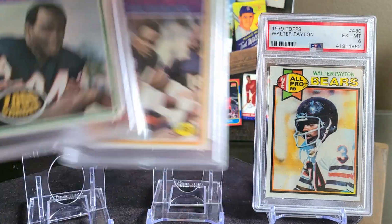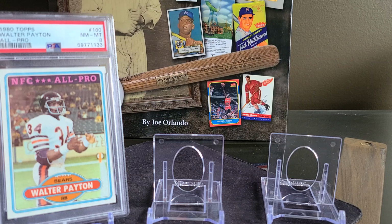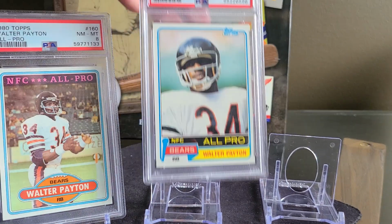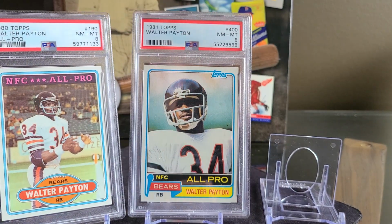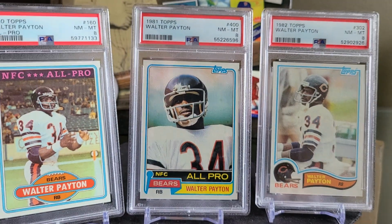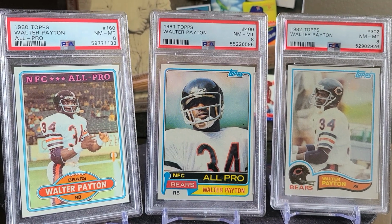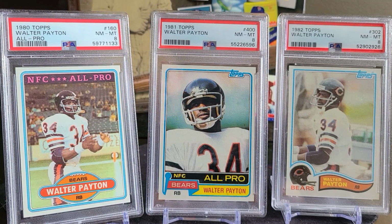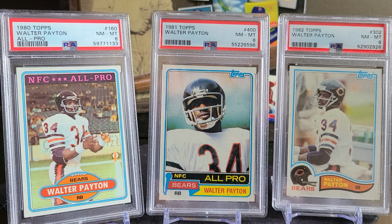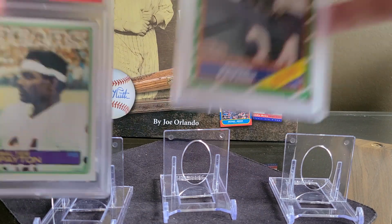These beautiful cards, I just love them. More Walter Payton. In football, I don't think he gets enough appreciation, and I don't know how deep I'm going to go down that rabbit hole, but there might be some other players I collect from this era in slab form. And then finally, I did skip the 1985 card just because it's a horizontal and I don't really like it,